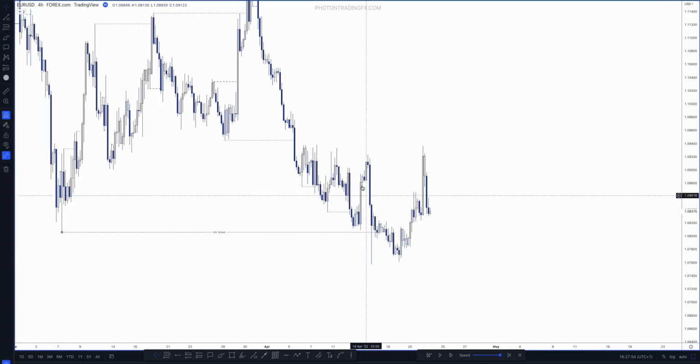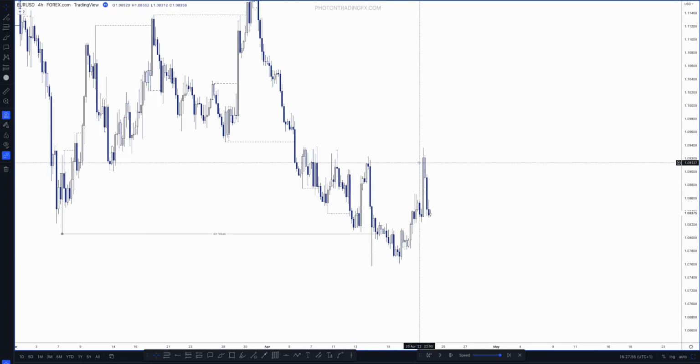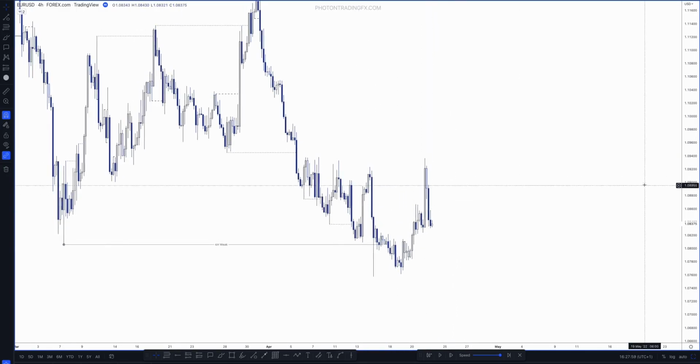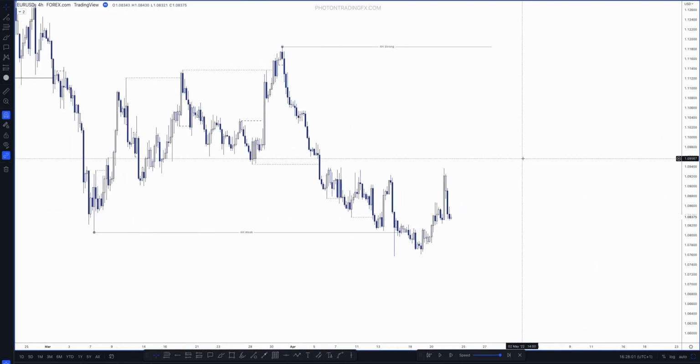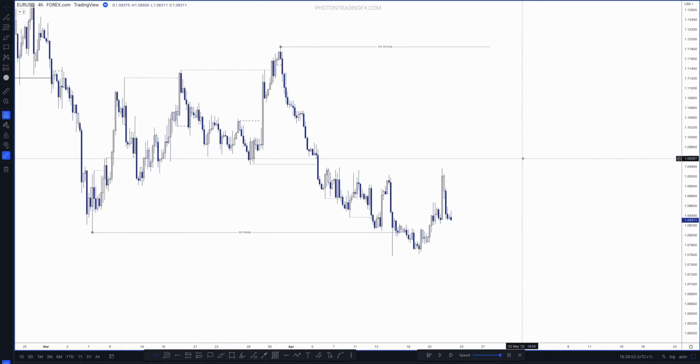This doesn't become a strong internal low until we get that closure above. So this could just be a liquidity grab to go below. But you could also look for longs. You just have to understand it's not super high probability just yet. It's quite tricky price action to read in the moment in the live